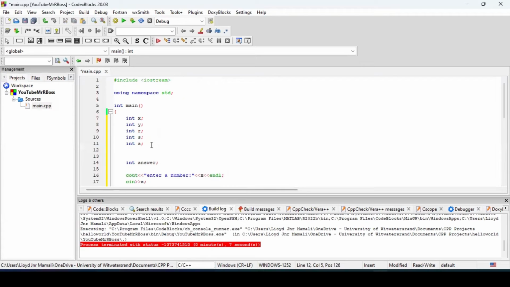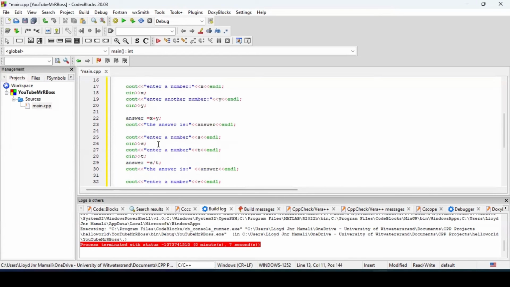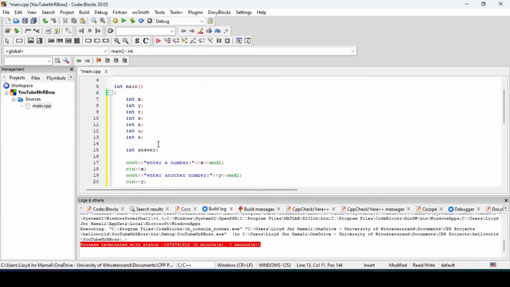However, for the sake of demonstration and for the sake of introducing all this to you guys, I want to put them one line after another so that you can have a better understanding. Then we're going to have int u. Let's see, int e, right? So let's see if I've included everything. Int, forgot t, int t, right? All right, so let's just